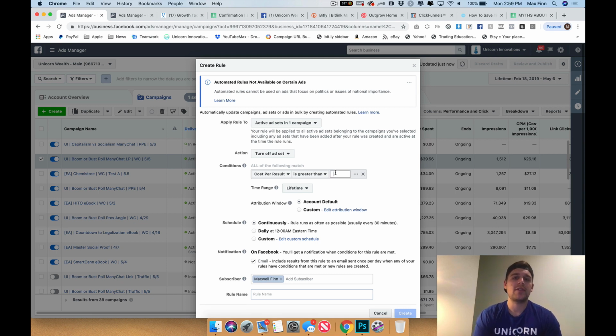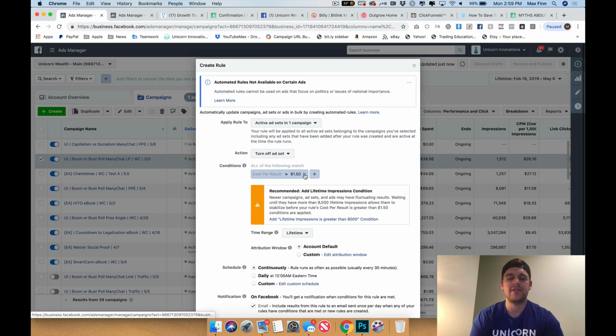So basically, we want to set a line in the sand. There's going to be two factors here, spend and cost per result. So if the cost per lead or the cost per purchase or cost per add to cart is over X, we know it's not profitable and we want to kill anything that's running there. So for me, because we have a lot of latitude here with our cost per lead, let's say $1.50, right? On these lead gen campaigns, we're averaging less than $1. And so really anything $1.50 and up, we do not want to be running that. That's kind of our high line in the sand. So cost per result greater than $1.50, perfect.